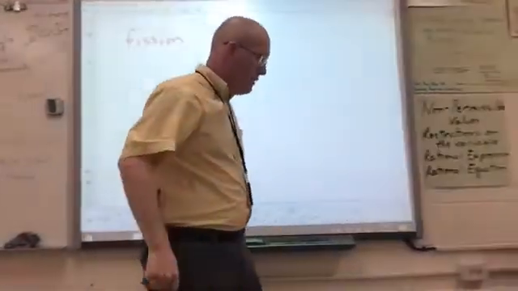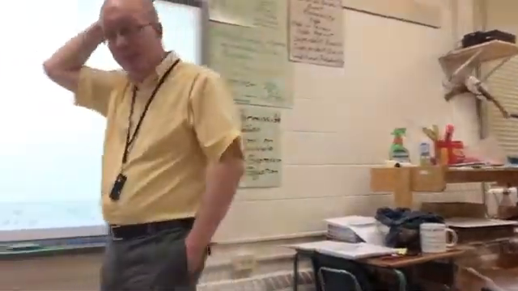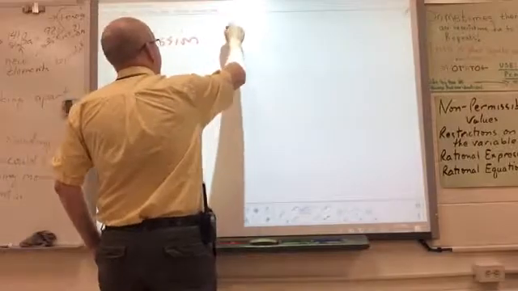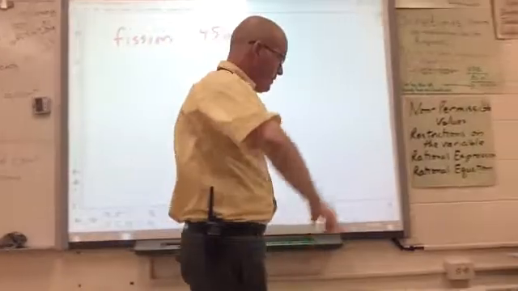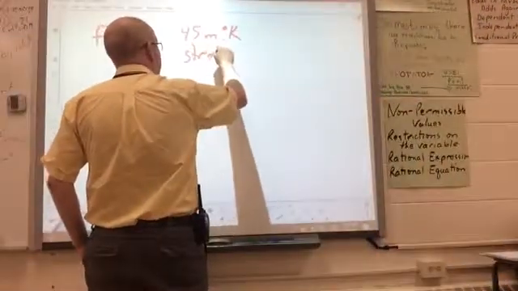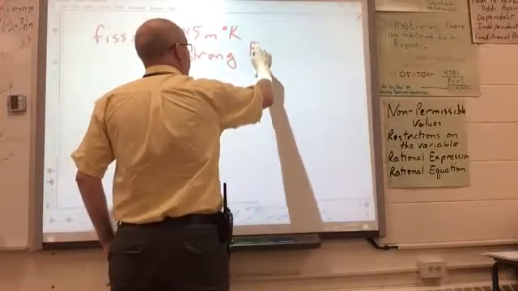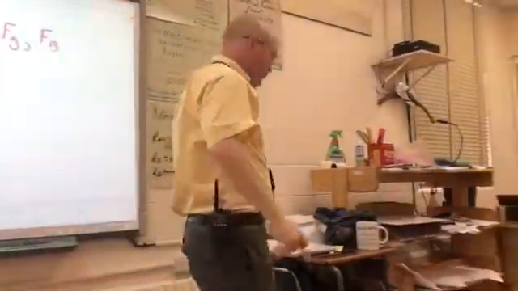Now, fission occurs in the sun quite a bit. Now, the problem is we need like 45 million degrees Kelvin and very high pressures to get this to work, and a strong force of gravity or magnetic force. We've really got to cram them together. So it's basically the center of the sun. It's hot enough and it's high enough pressure. We can get a fission reaction to work on Earth,